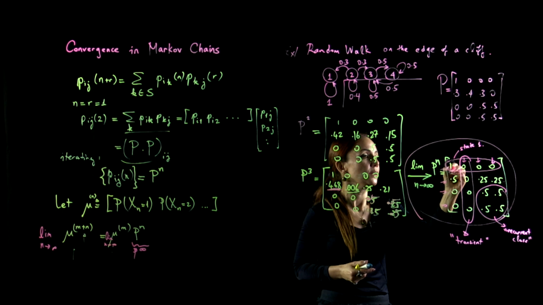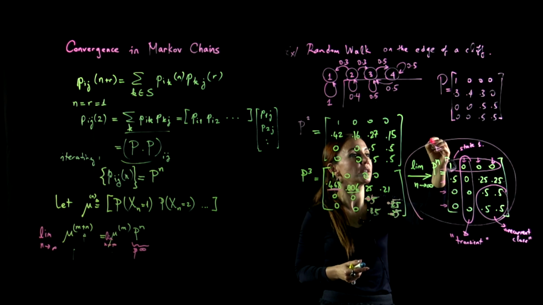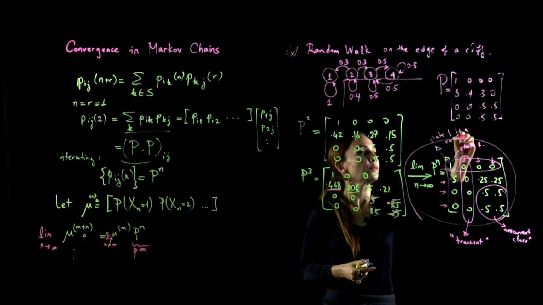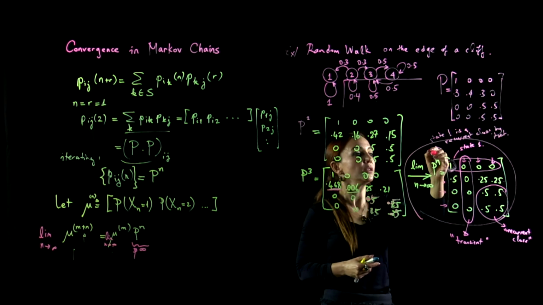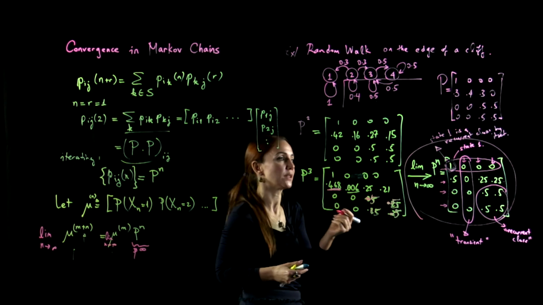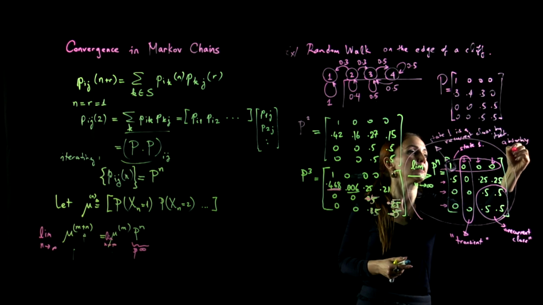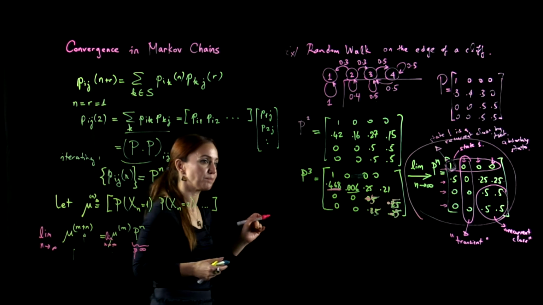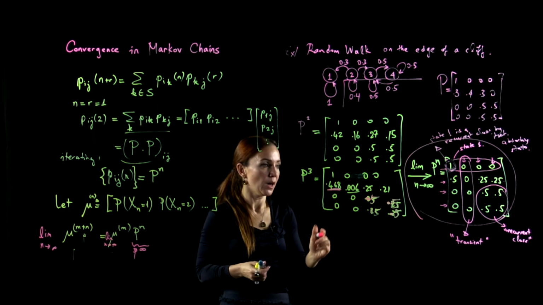So this 1 here shows that state 1 is a recurrent class by itself. And we call this kind of recurrent class with only one state an absorbing state. State 1 is an absorbing state. Once you get into state 1, you never get out of state 1. Okay? Now let's notice something.